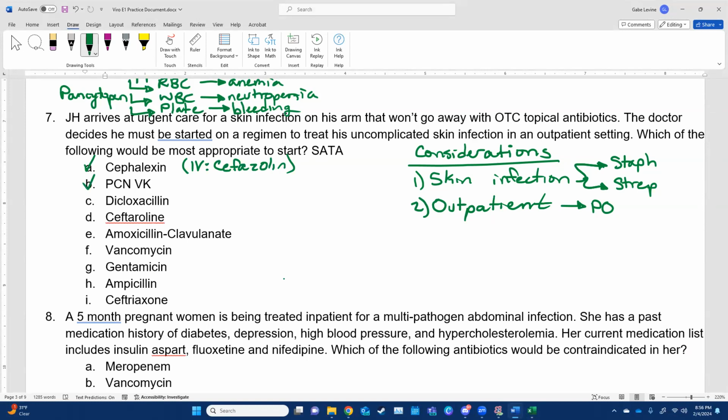100%. Penicillin's a good choice. Covers strep, won't cover staph, but maybe that's what they want to go for. When I came up with this question, I think I had two things here, but I might have deleted it. Doesn't cover staph, but it does cover strep. Oh, you know what it was? I put this question because I wanted to talk about PO versus IV. That's why. So no staph, but